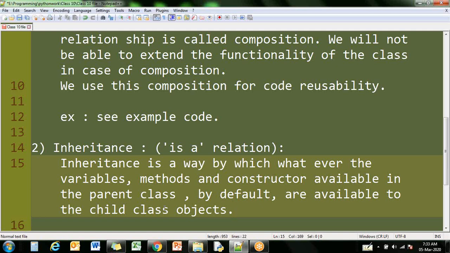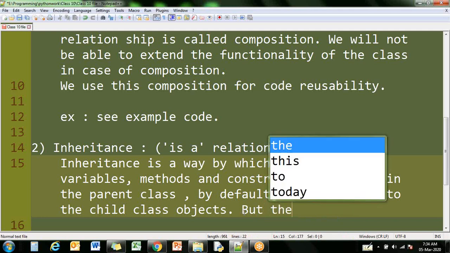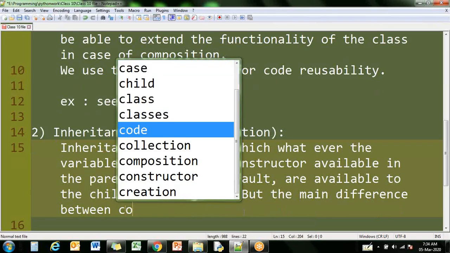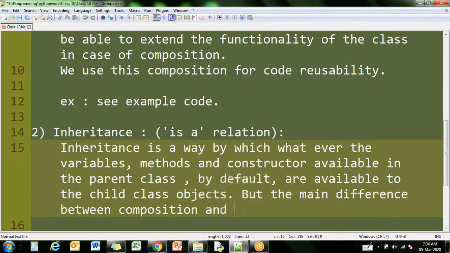Here also the same thing we are defining. Whatever the variables and methods are available in the first class, we are able to reuse. But what is the difference between composition and inheritance? In inheritance, we can extend, we can change the functionality. The main difference between composition and inheritance